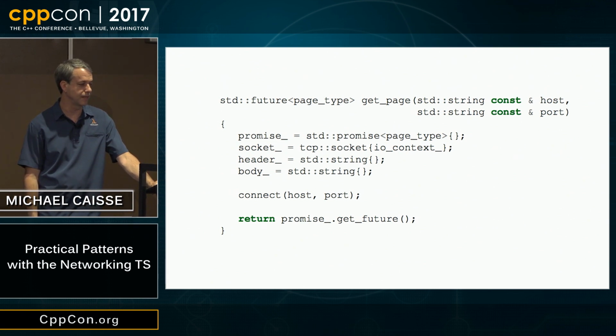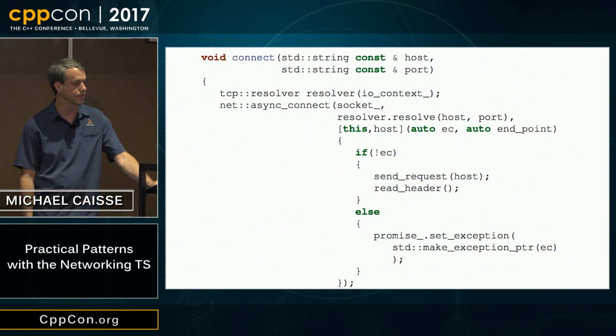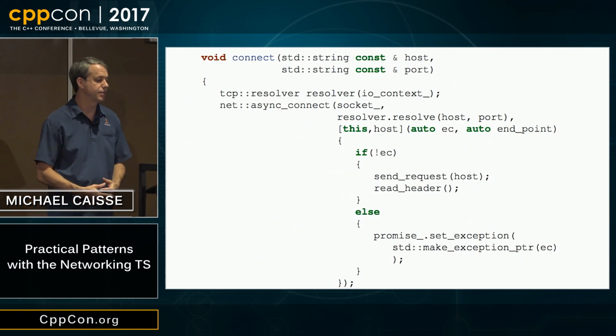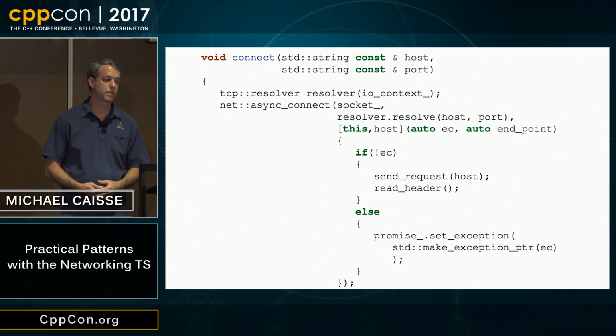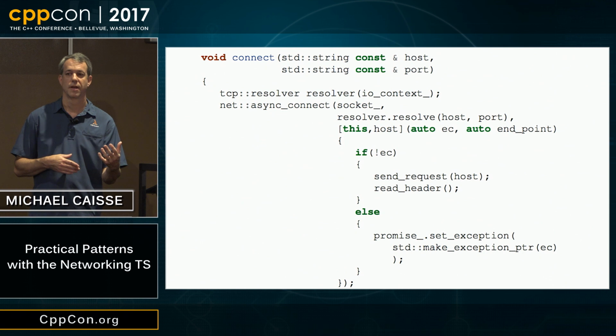Get page just sets some things up, calls connect, and returns the future out of the promise. And what's connect going to do? Connect is going to use a resolver, call async connect, and then pass a lambda that is going to take the error code and the endpoint.